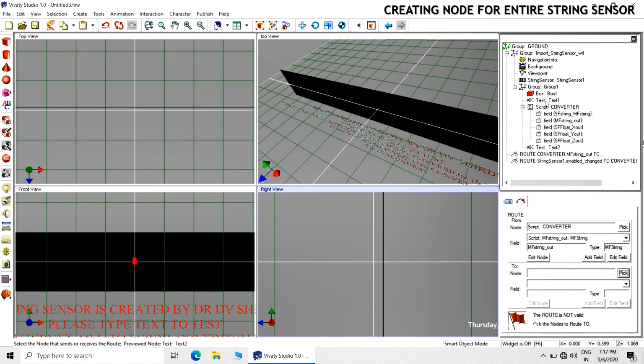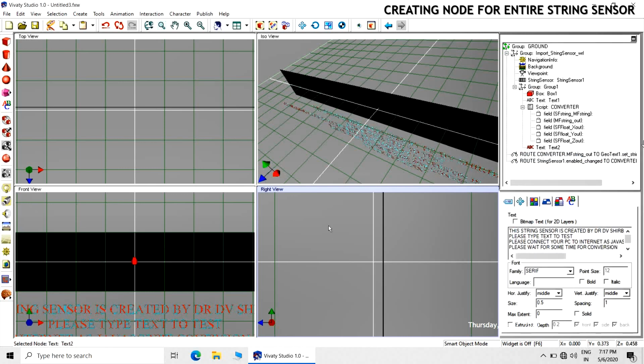But for the first time I have seen that some invalid route is also working. In this particular example, invalid route is also working. So we have created two routes.